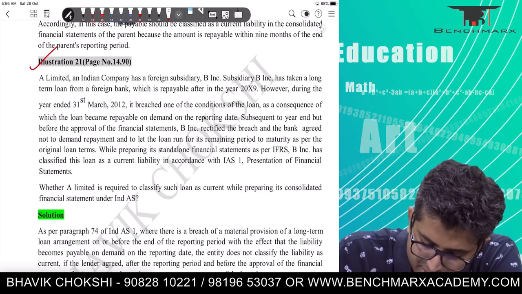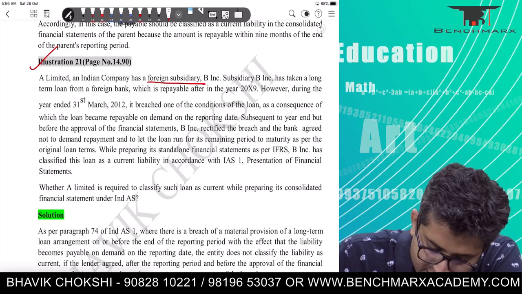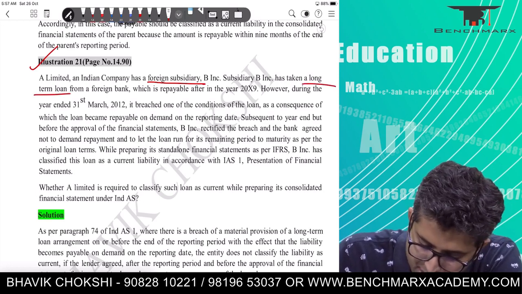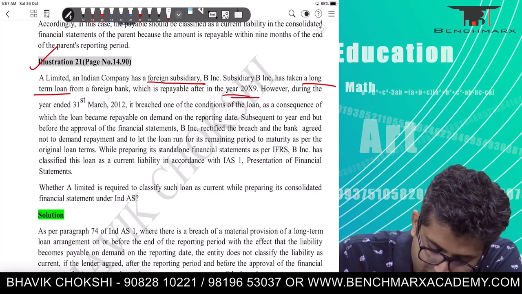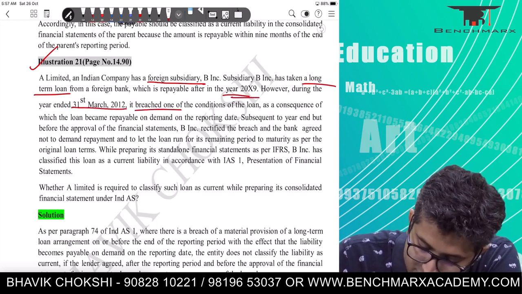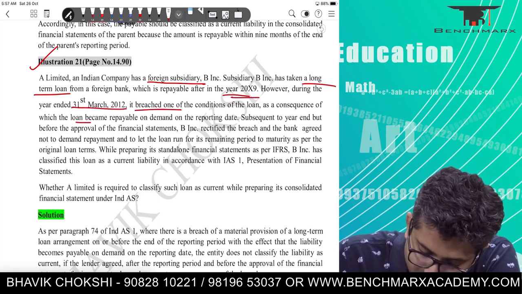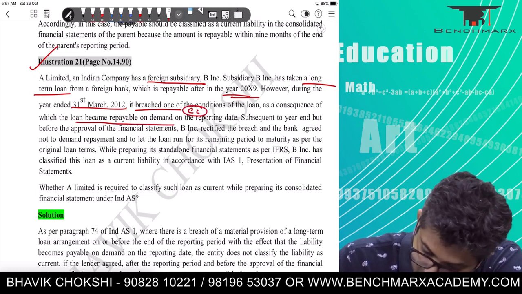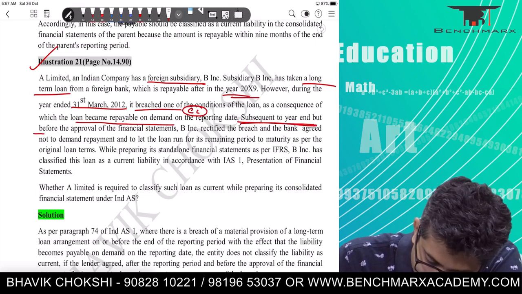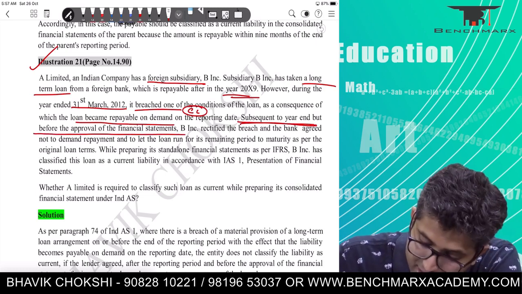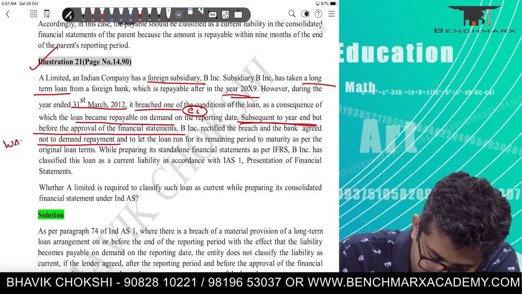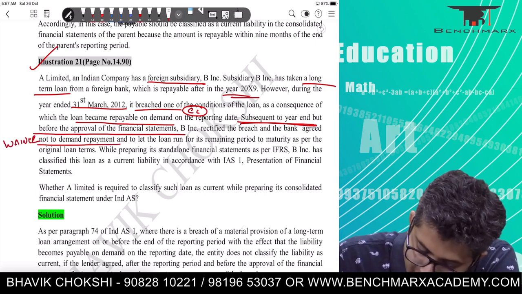A Limited is an Indian company, has a foreign subsidiary B. It has taken a long-term loan from a foreign bank which is repayable in a particular year. However, during the year ended 31st March, it breached one of the conditions, and as a consequence, the loan became repayable on demand. Hence, it's a current liability. Subsequently to the year end, but before the approval of the financial statements, B rectified the breach, and the bank agreed not to demand, in which case there is a waiver, and let the loan run